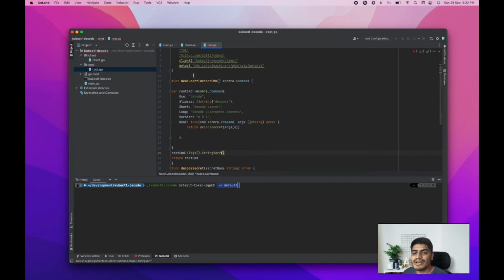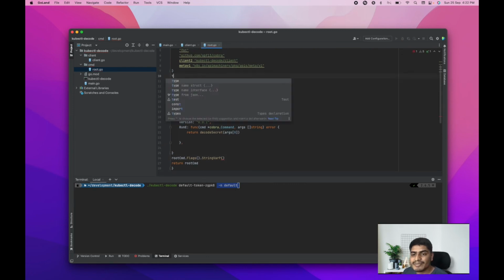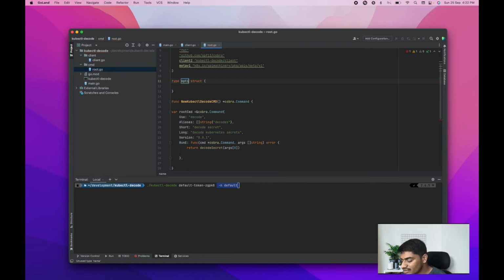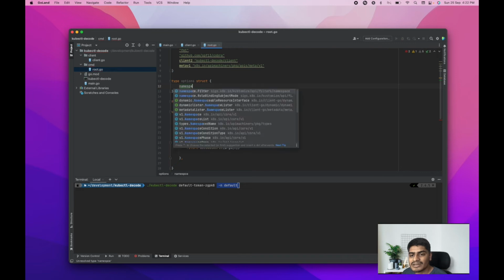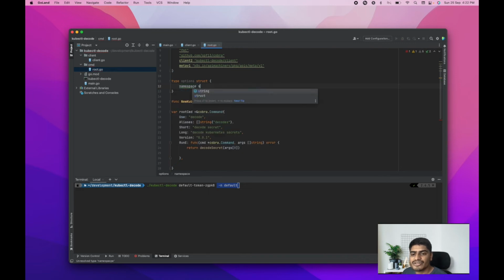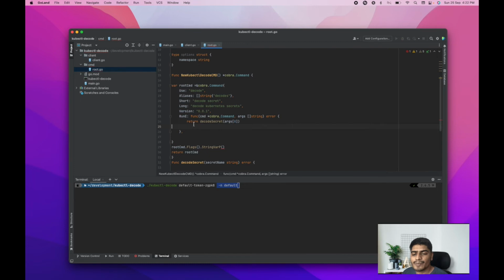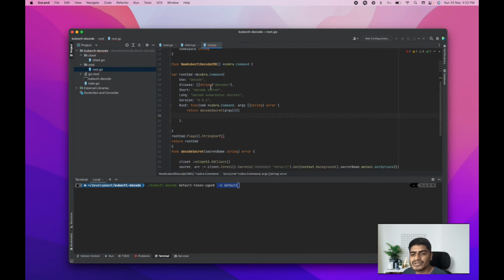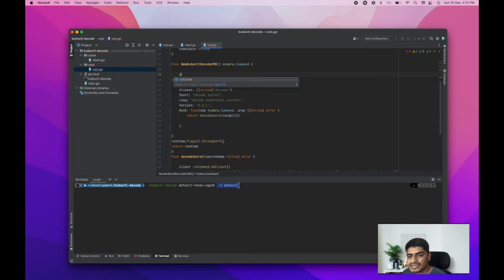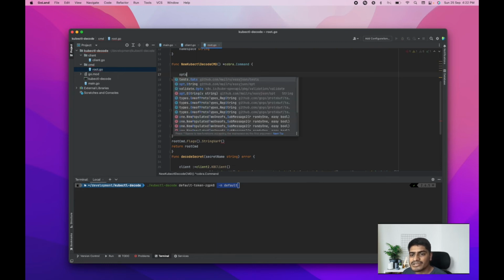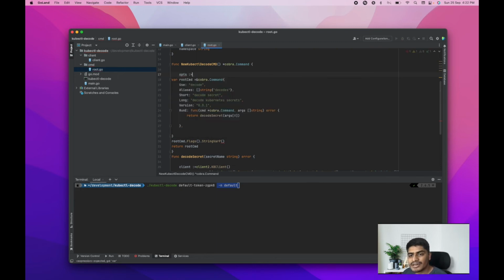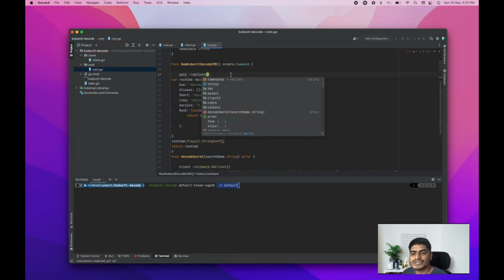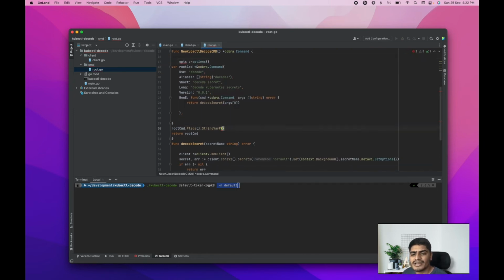So let me do one thing. Let me just create a struct here. Let me create a struct with name options, and here I can just put a field called namespace, which is a string, and what I can do, I can simply use it here. So before that, let me create an instance of that option. Let me call it as opts, and I can just do options, right, and here I can reference that. I can do opts.namespace, so that value should be set here,